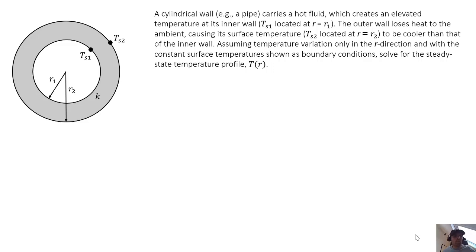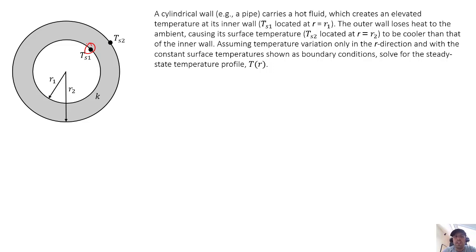In this example problem, we're going to solve for the temperature profile of a cylindrical wall or a pipe. So in this problem, a cylindrical wall carries a hot fluid which creates an elevated temperature at its inner wall. So that would be here. The outer wall loses heat to the ambient, causing its surface temperature, Ts2, which is located at R equals R2,